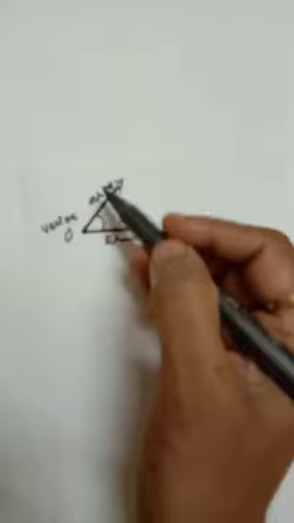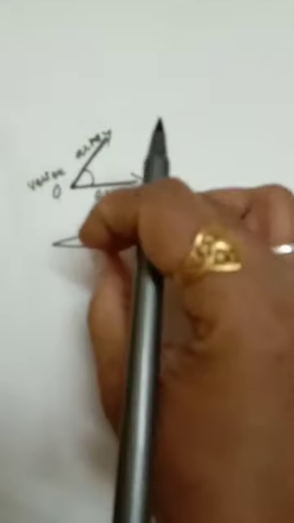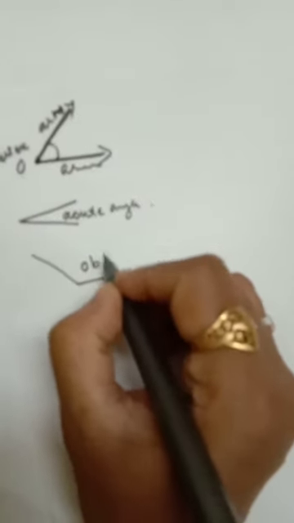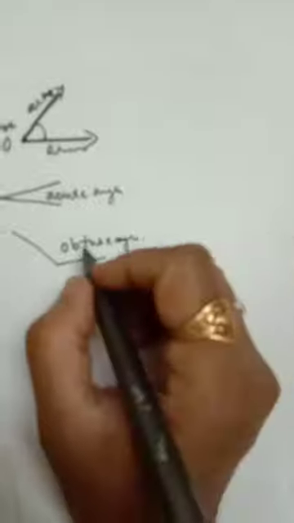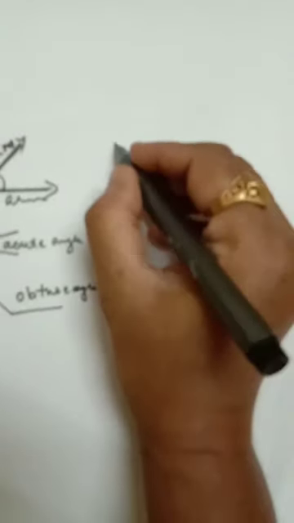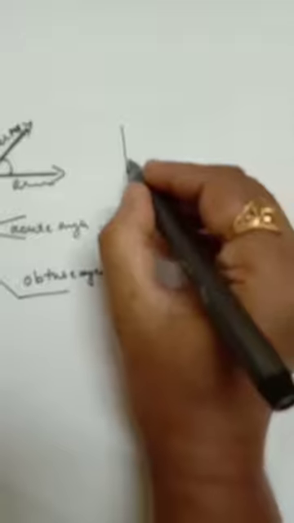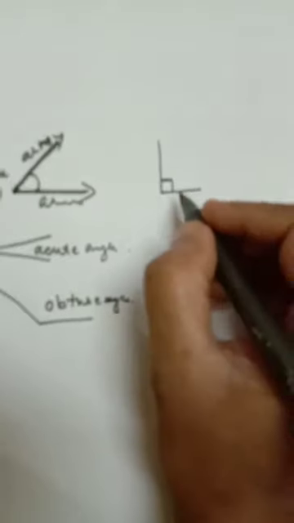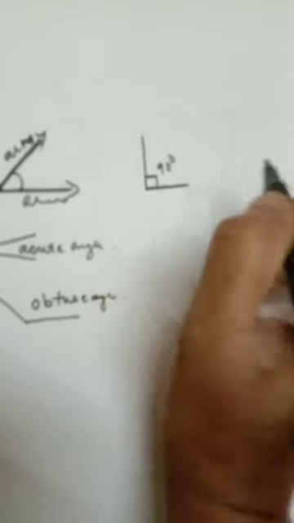When these arms come closer, then an acute angle is formed. When the two arms move away, then an obtuse angle is formed. Okay, obtuse angle. I am writing it as I speak, children. Obtuse angle. Now see, a vertical line with the horizontal. The square we give as the symbol, that is 90 degrees. This is called a right angle. Right angle, acute angle, obtuse angle.